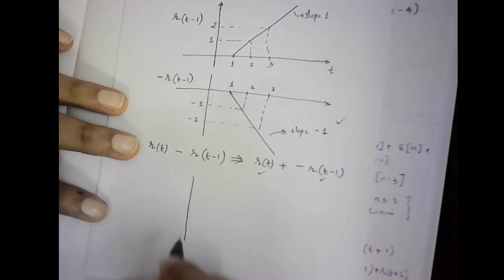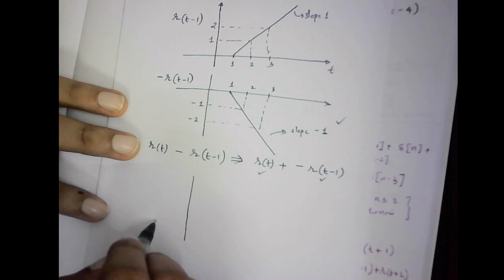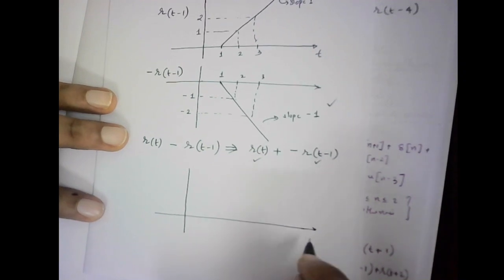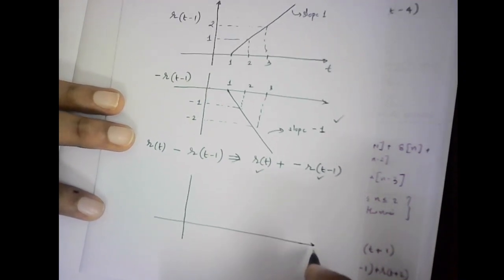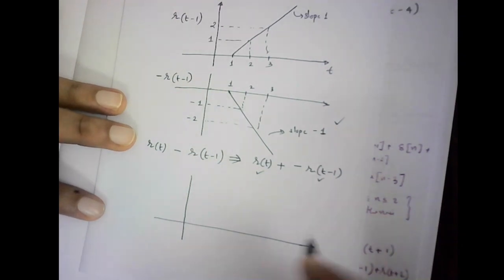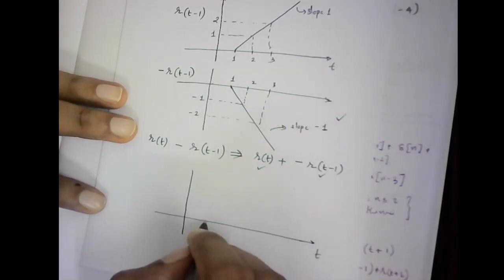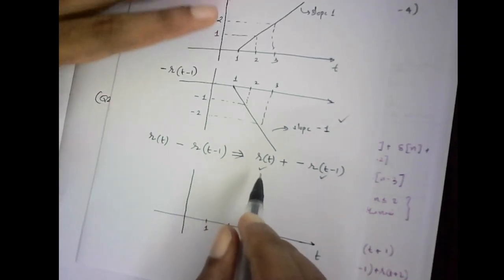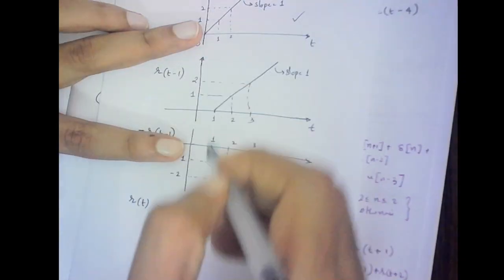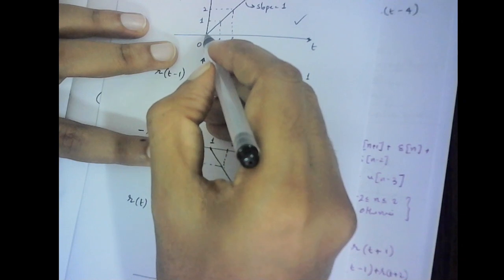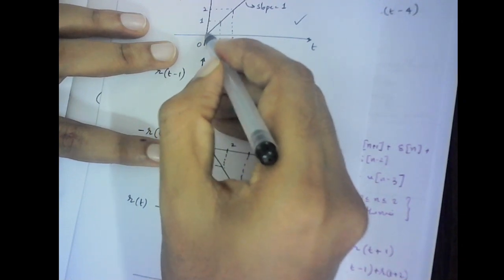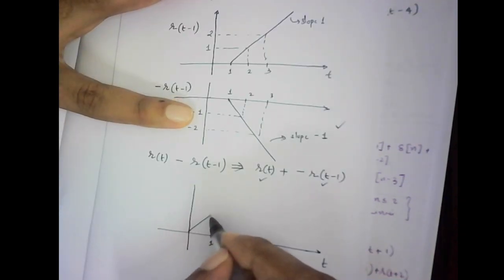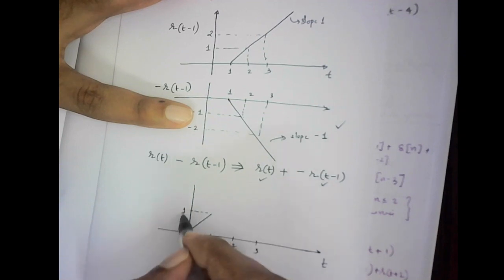So if you add these two, you can see that the result will be a graph something like this. So with t here, this is 1, this is 2, this is 3. If you add the first one and the third one for the initial 1 second, here you have this signal and here there is nothing. So if you add these two, initially it will be like this, so it will reach up to this point.